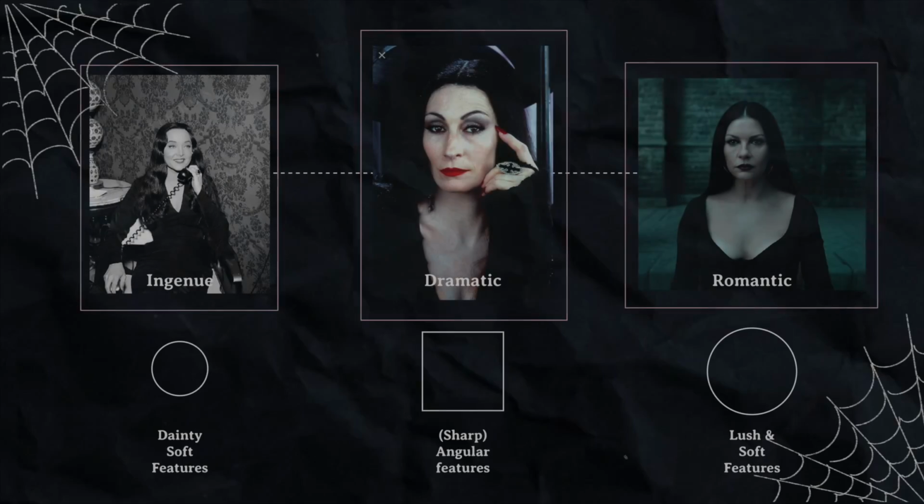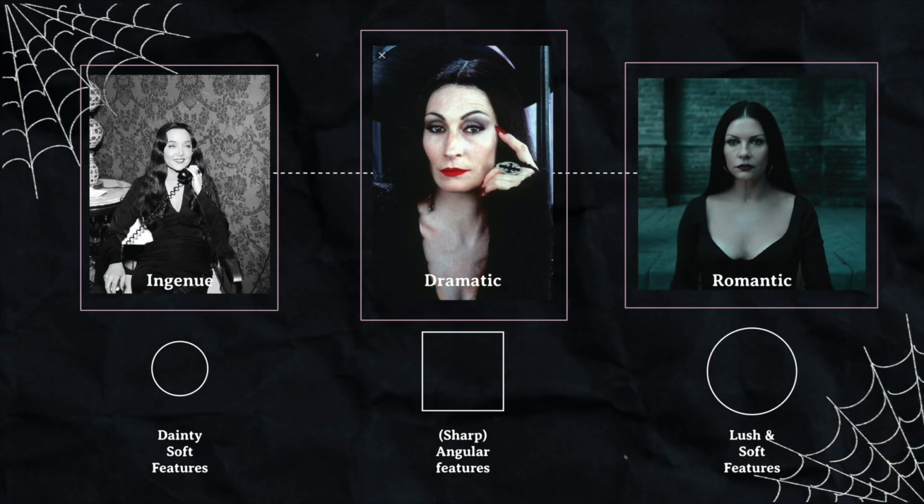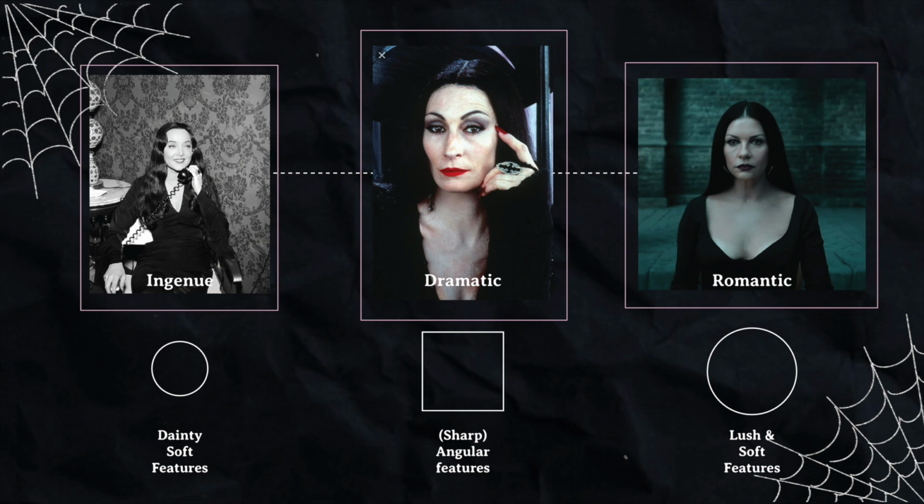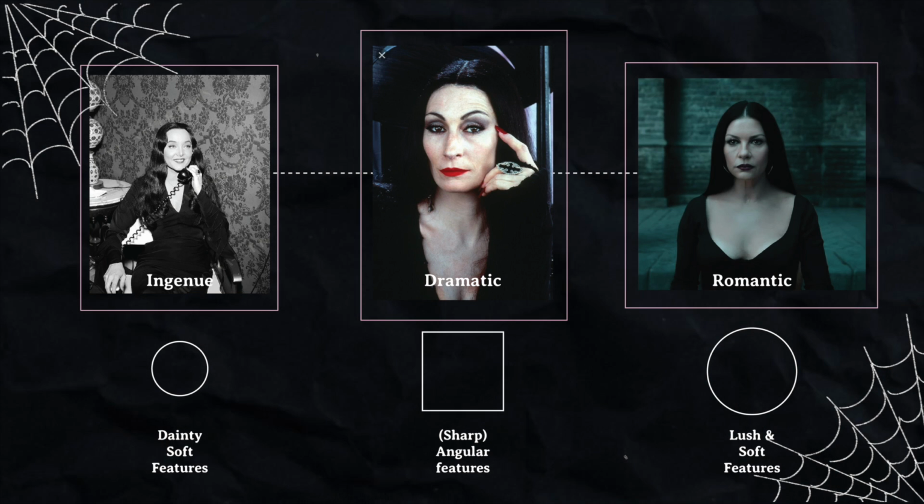Okay, let's talk about the ultimate dark aesthetic muse that so many people already take inspiration from, and is probably our introduction to dark aesthetics, Morticia Addams. Now, of the different Morticias that we have seen in film and TV, we have seen actually different face essences of Morticia. The earliest live action Morticia that we have seen is the 1960s version of the Addams Family.